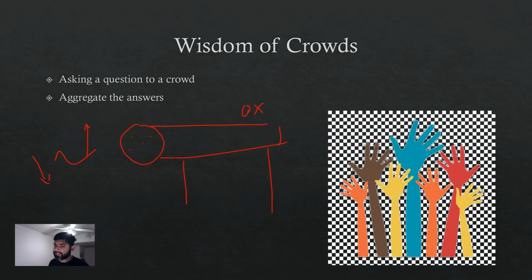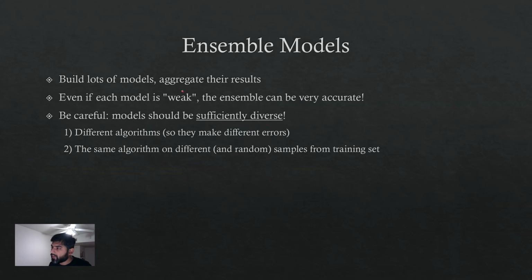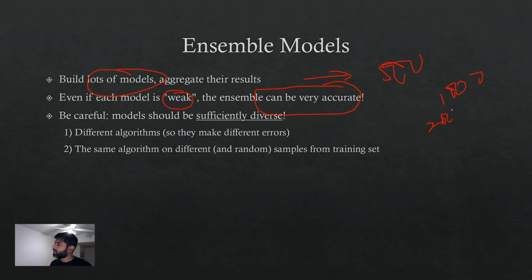Each of these models is trained slightly differently. They work on their own methodologies, each making their own kind of mistakes. When aggregating them, you get a result that's way more accurate, more stable, and more robust. Even if individual models are weak, ensembles can still be more accurate than individual models. The idea is you build lots and lots of models. You build 500 of them, 1,000, 2,000 of these models, average down their probabilities, average down their predictions, and you get a prediction which is definitely more accurate than a single model's prediction.